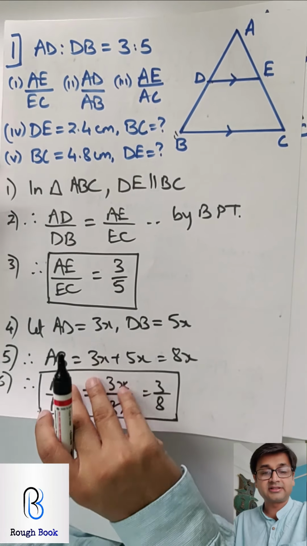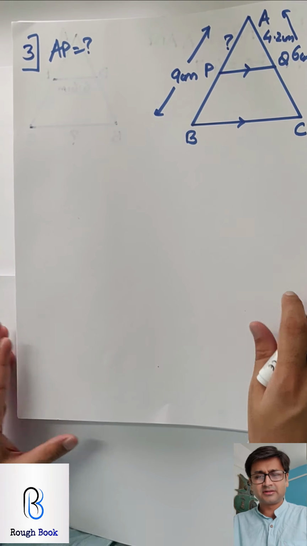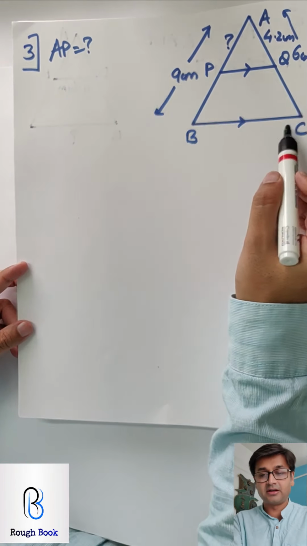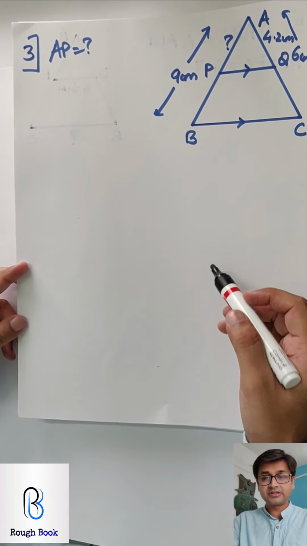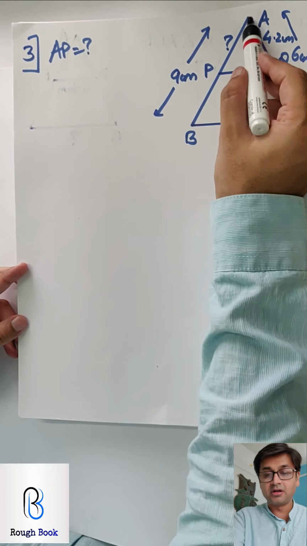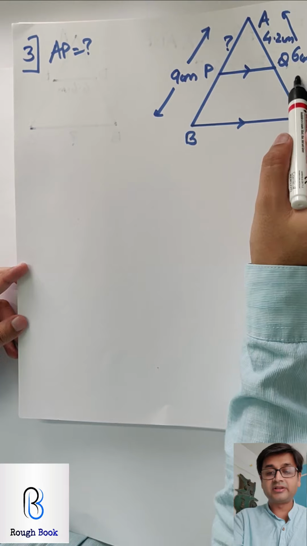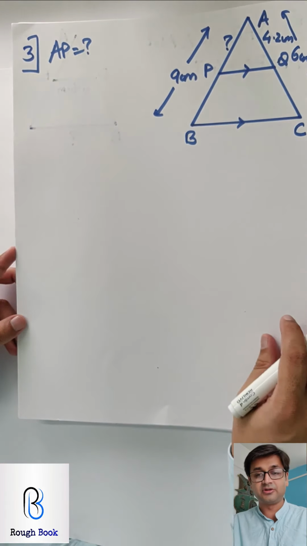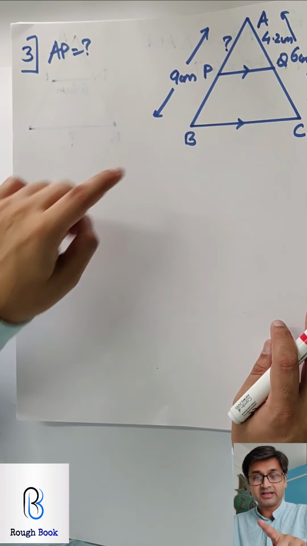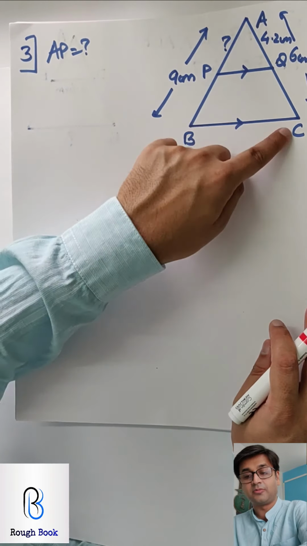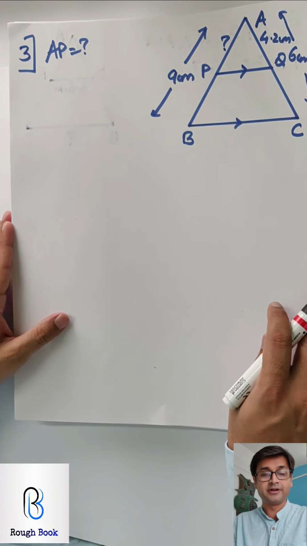I want everyone to try sum number 3. Come on, hit it. Read the question, it's simple. They have told you PQ is parallel to BC, 4.2, question mark, 9 and 6. So obviously you are going to prove the two triangles similar. So AP upon AB, AQ upon AC. AQ, AC known, AB known, AP easily you can find. So first 4 steps, prove triangles similar. Step 5, use CSST, say AP upon AB, AQ upon AC. Step 6, substitute values. Step 7, get your answer. Come on, everyone, hit it.